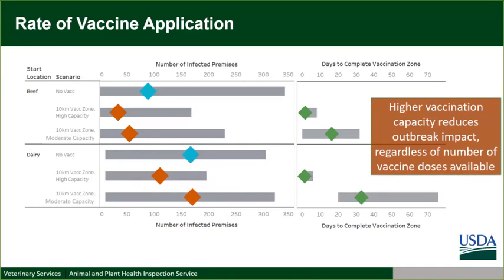There's also going to be a decision point when you look at using protective vaccine strategies, as far as whether you're going to focus on a specific species or production type, such as dairy. The importance of this is the same. Being able to target that vaccine and get needles into animals as quickly as possible is critically important for the success of any of these strategies.